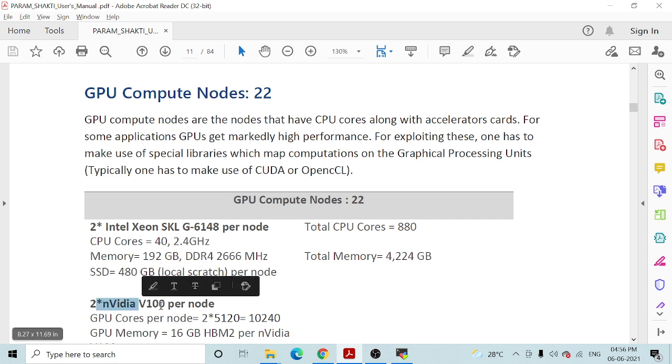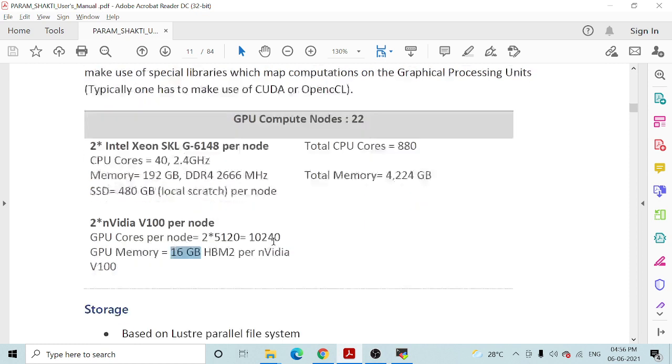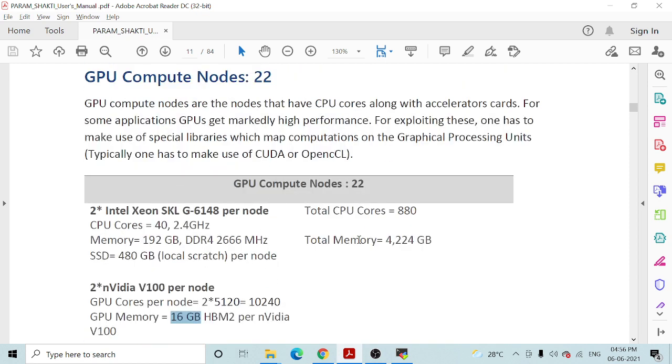Per node there are two NVIDIA graphics cards with 16 GB of dedicated GPU memory. In this way, at the Param Shakti supercomputer, there are a total of 44 graphics cards of 16 GB memory each, hosted by 22 nodes. So this is what I can say related to GPU nodes.